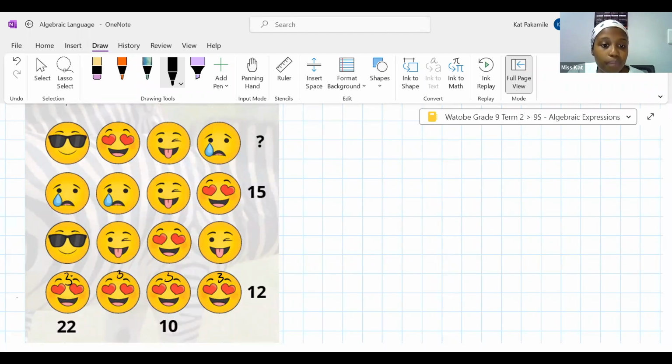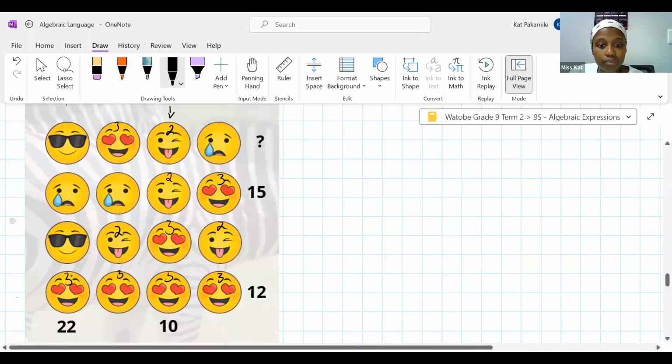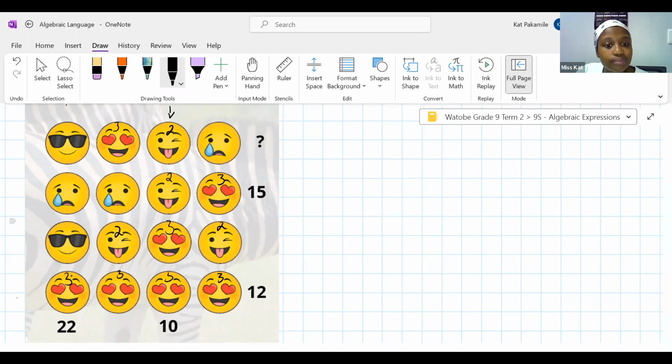And then, since it's saying when you're going down, it equals 10 for the 2 smiley faces, that means the smiley faces would equal 2. The smiley faces equal 2, right? Beautiful. So then, since the smiley faces equal 2, that would mean that